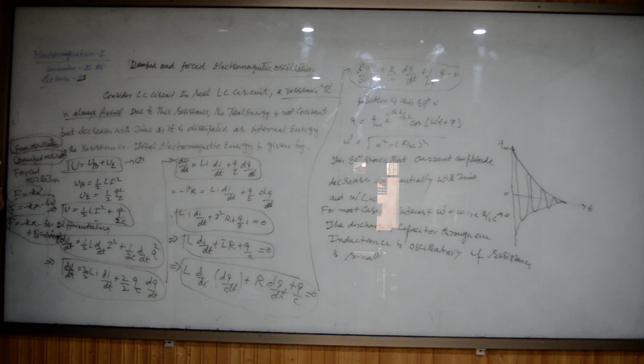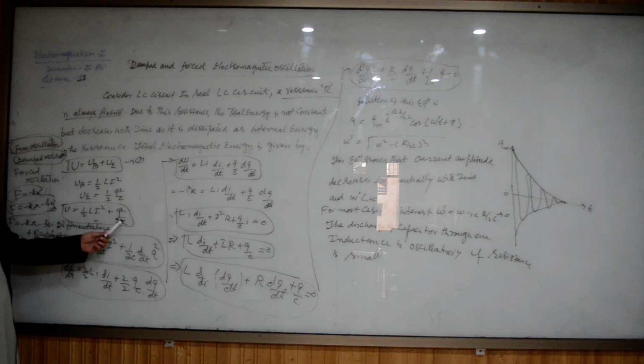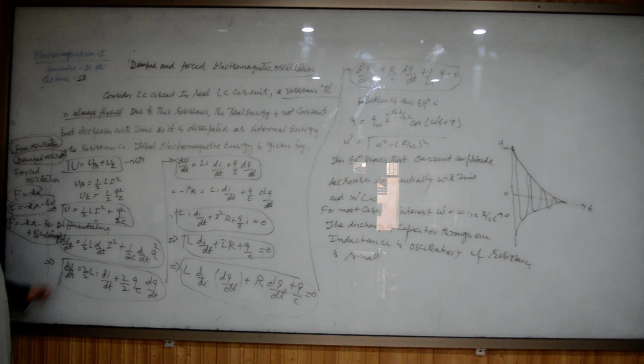UB is equal to 1 by 2 Li square, where L is the inductor and C is the capacitor. Putting the values in the above equation, U will become 1 by 2 Li square plus Q square divided by 2C. Now again differentiating with respect to time, dU by dt will be equal to,